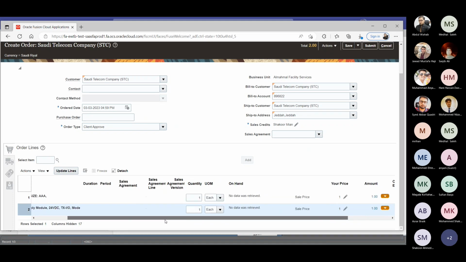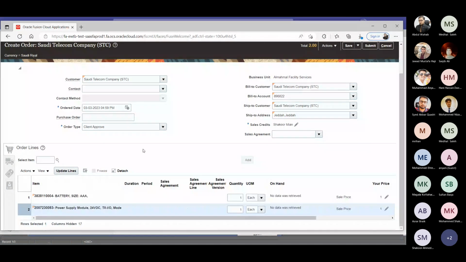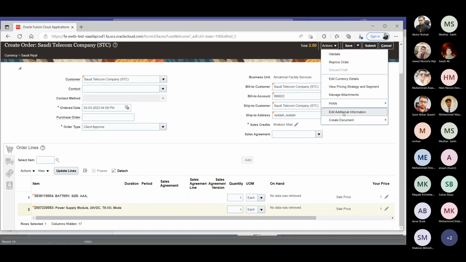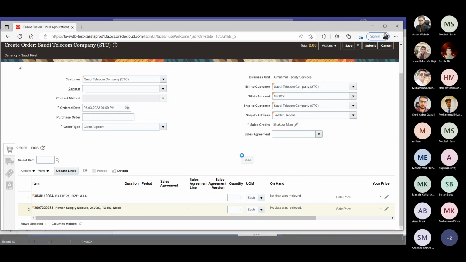Now what you will do? You already selected your items. First step, second step, third step, fourth step, fifth is the additional information step to enter the project. Okay. Sixth step to search your items, add it in the lines. And the seventh step, go to the truck,